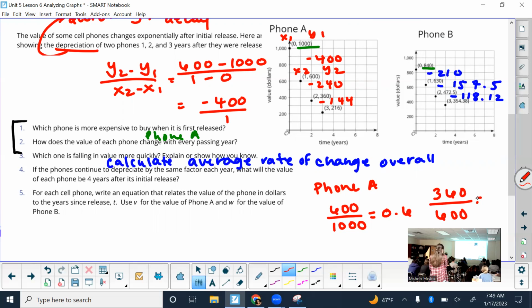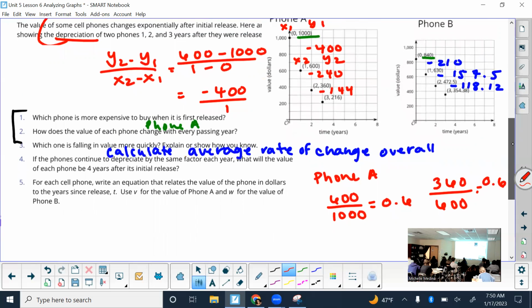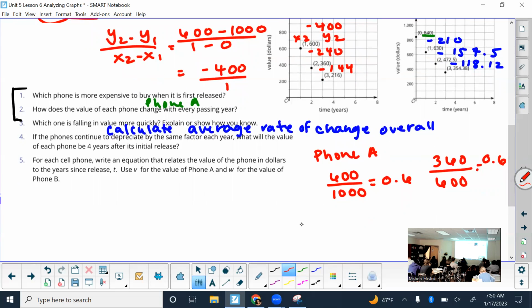So yeah, it is decreasing by a certain factor, even though it might not necessarily look like it. And that certain factor is 0.6. So then if I wanted to keep the pattern going to figure out for year 4, I would take what number? $216, that's my output at year 3. And I would do what to it? Multiply it by 0.6. That'll give me the next value in the sequence. So that times 216 is